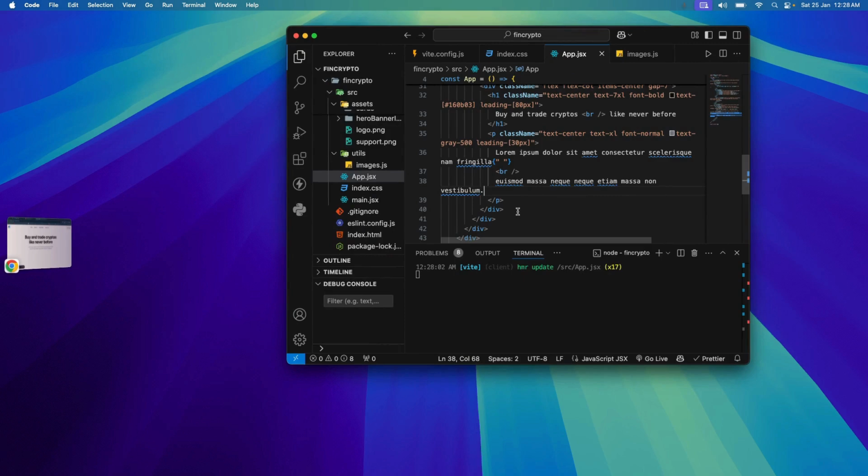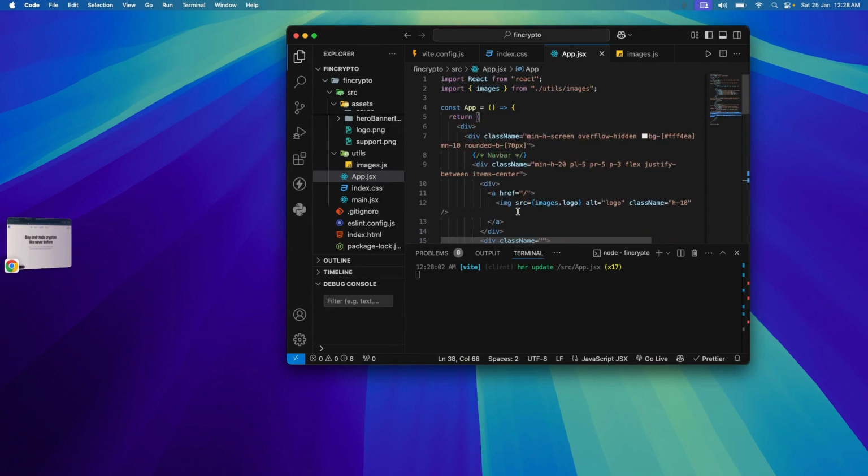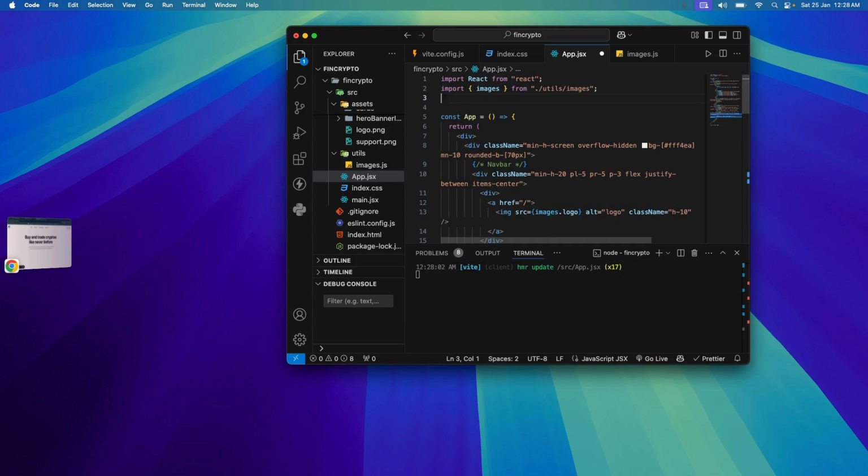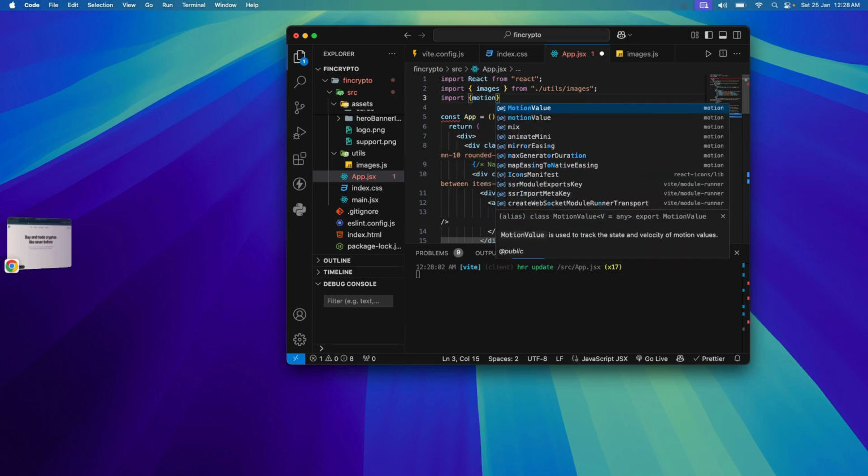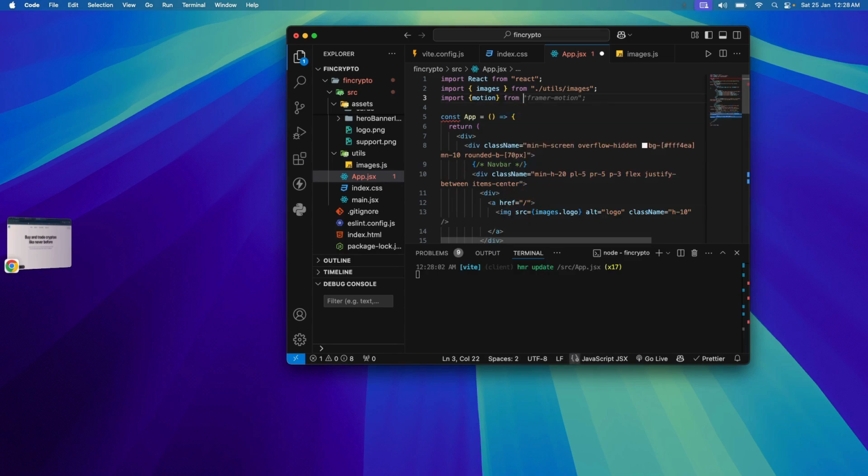Okay, so if you are done with this, we need to create one button, and this is the time when I'm introducing you to framer motion, right? So first of all, come to the top, and when you are at the top, you need to import motion from framer motion, right? So we are writing import motion from,